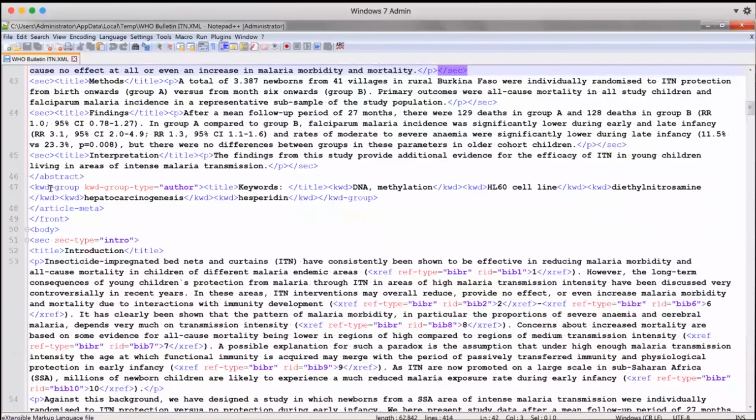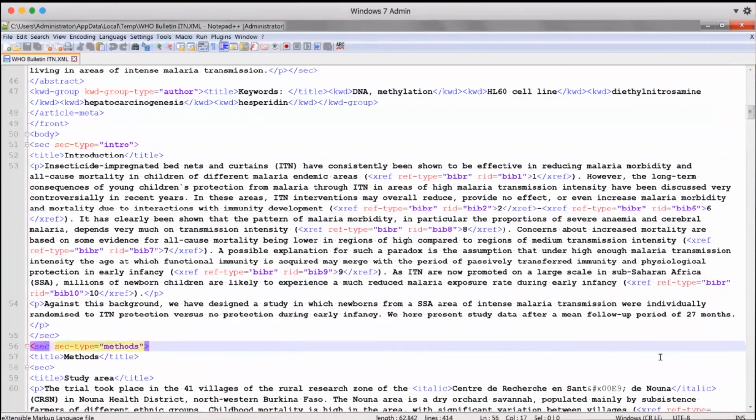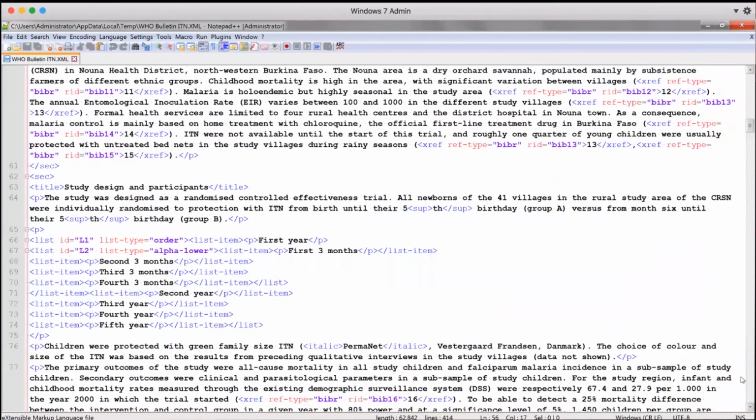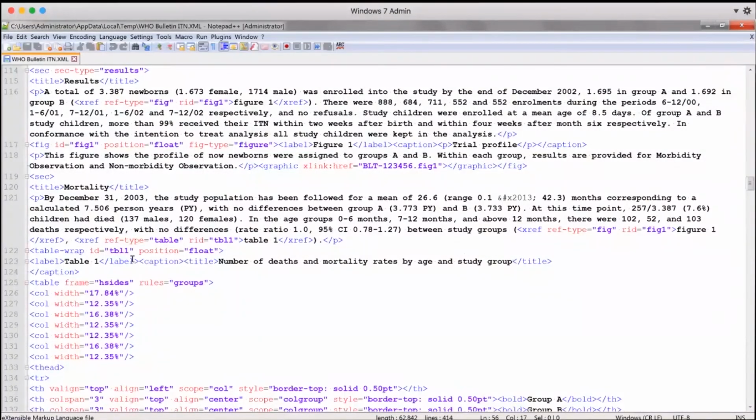We've demarcated all the keywords, again, without any special markup in the Word file. As we get into the body, you'll see that we have all of the cross-references to the reference list marked up. We've set attributes for section types, which are often used for building online tables of contents. We have the table that was at the end of the Word document, embedded just after the paragraph where it